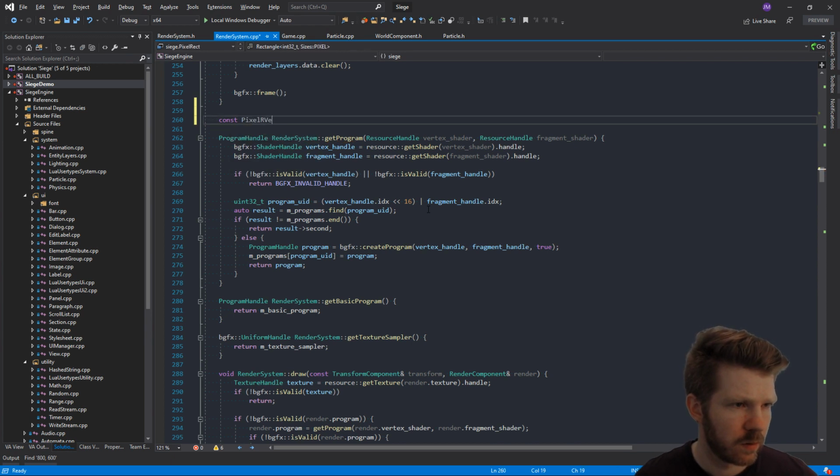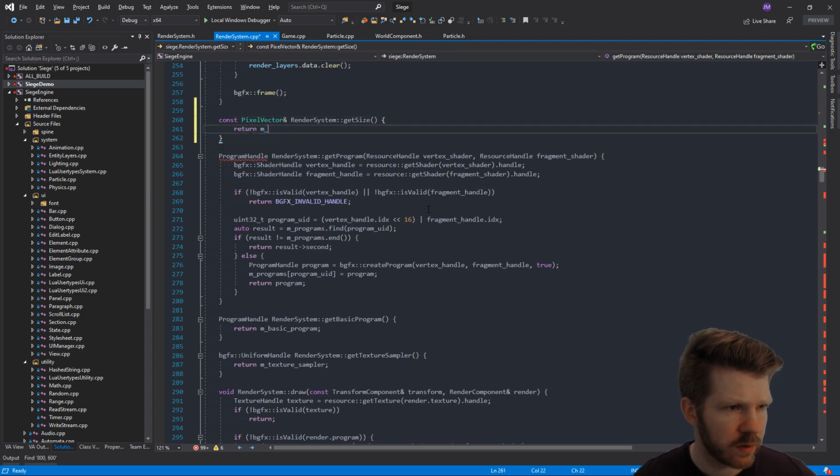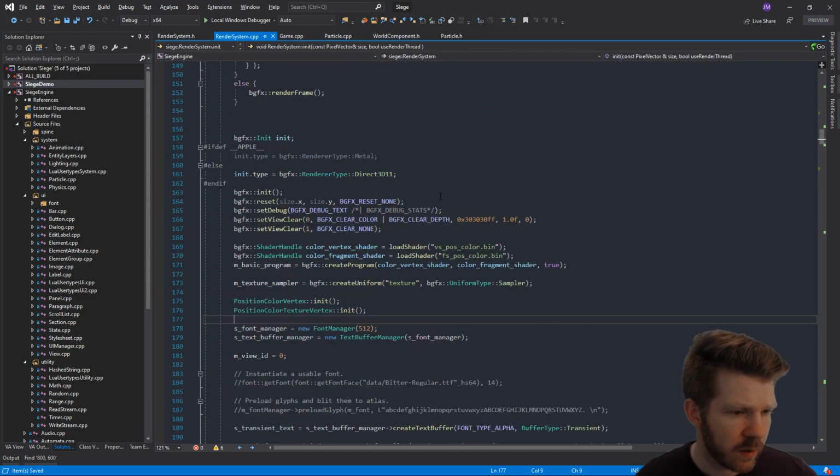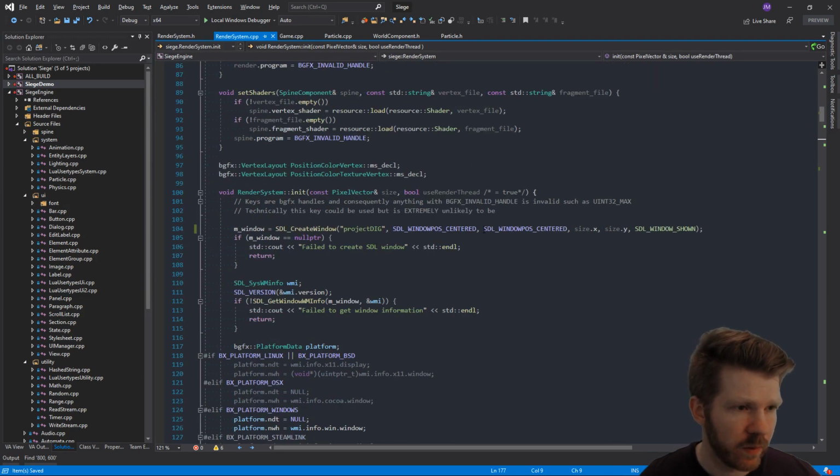Okay. Under system, get size, return size, and then up here, when we're setting it up, we will,